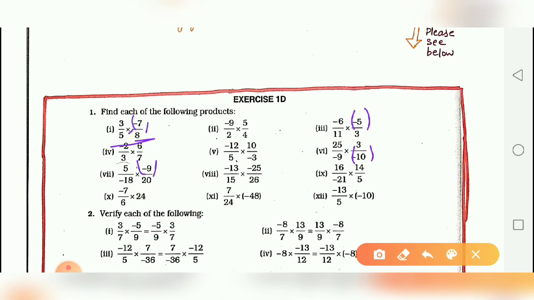Similarly, you have to check all and put the bracket wherever the negative numbers are given, like this, here and here. Here it is given, like see, here it is given, here also it is given. So in some places it is missing. So whenever you are doing your question, you have to take care of this thing and mark the bracket also.